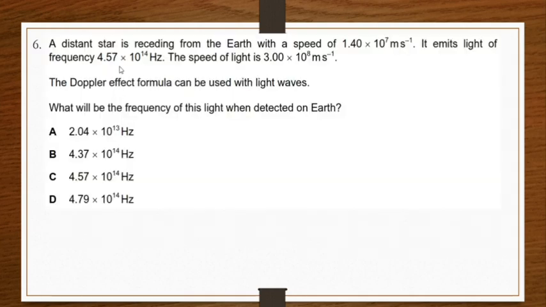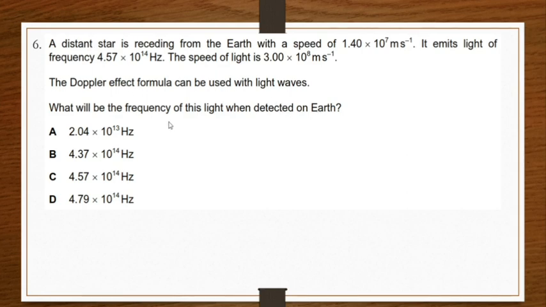Number 6. A distant star is receding from Earth. This word receding means move further away from a previous position, yeah, from the Earth with a speed of 1.4 times 10 to the 7 meter per second. It emits light of certain frequency, and the speed of light is given. And it is stated that the Doppler effect formula can be used with light waves. So when we want to find the frequency of this light when detected on Earth, we will use the Doppler